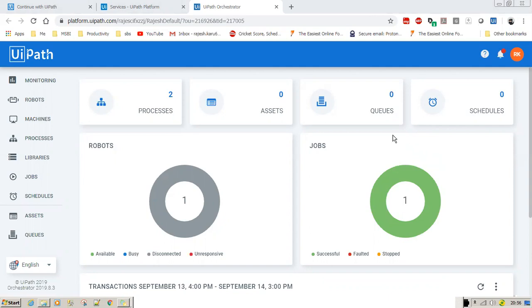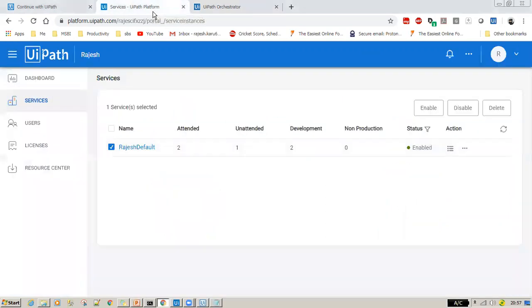Let me tell you, these are things the admin team takes care of. Since we are developing everything from scratch for practice, I showed you this. Before, there was no service concept. In the recently launched UiPath Orchestrator, we need to get into the UiPath platform and create one service. The admin people take care of this, so we should be least bothered.